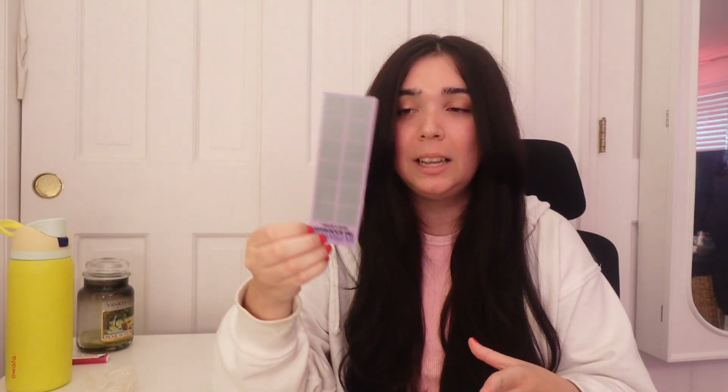So I have a lot of books on my physical TBR right now and a lot on my Kindle. And I have a kind of new setup where I have a book cart for all of my unread books. And I want to get through them. And I don't really know quite where to start. I have books that are a higher priority for me to get to, but I don't really know what to do. And a couple of weeks ago, I saw this shop on Etsy that makes these scratch offs,